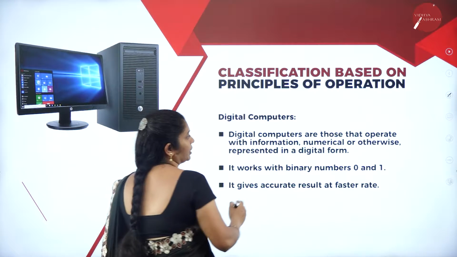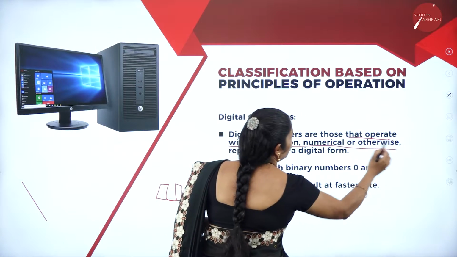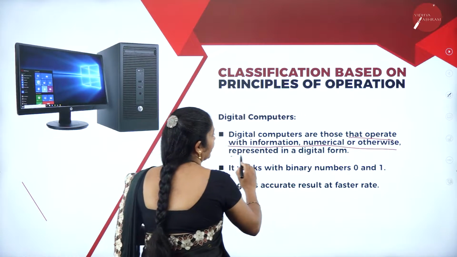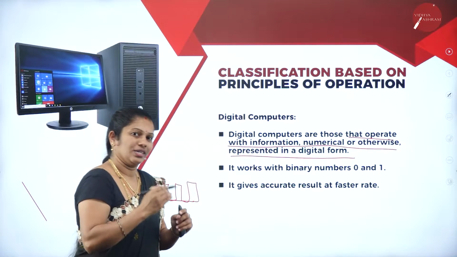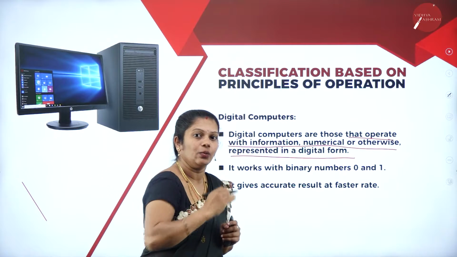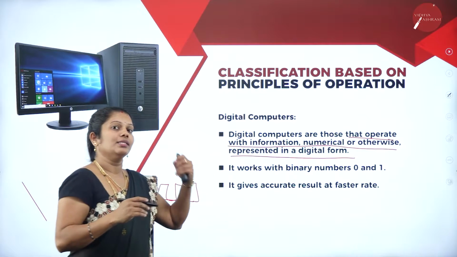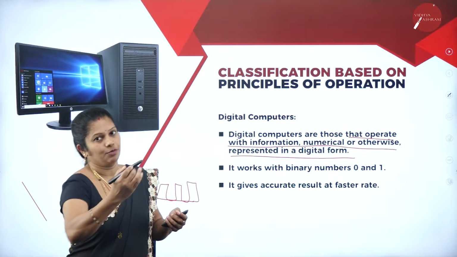Digital computers operate with information, numerical or otherwise, represented in a digital format. Now exactly what is the time? This is the time, this is the second, like that exactly we can identify. Whereas in analog computer, approximately 1 or 2 seconds it may vary.